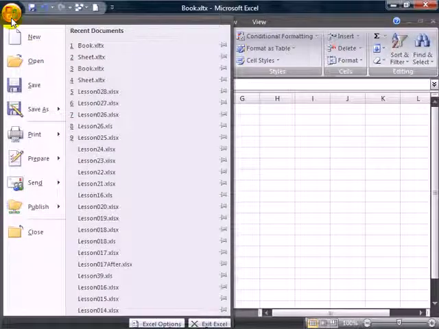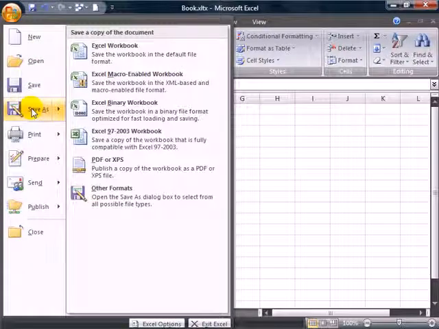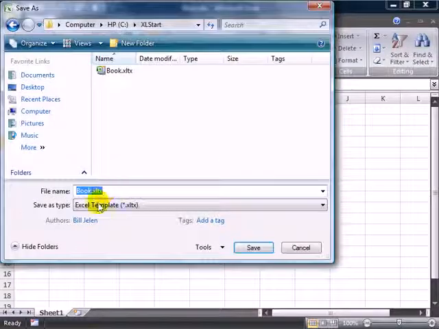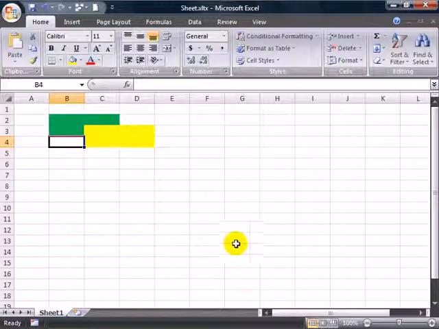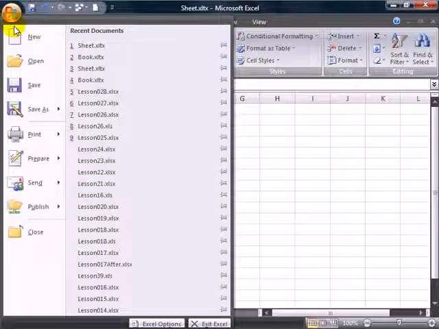We'll hit the Office button, do Save As, Other Formats. It still remembers Excel template and it still remembers the Excel start folder. And this time I'll save it as Sheet.XLTX. So we have two reserved words, Book.XLTX and Sheet.XLTX. Now here's what happens. When we use close,